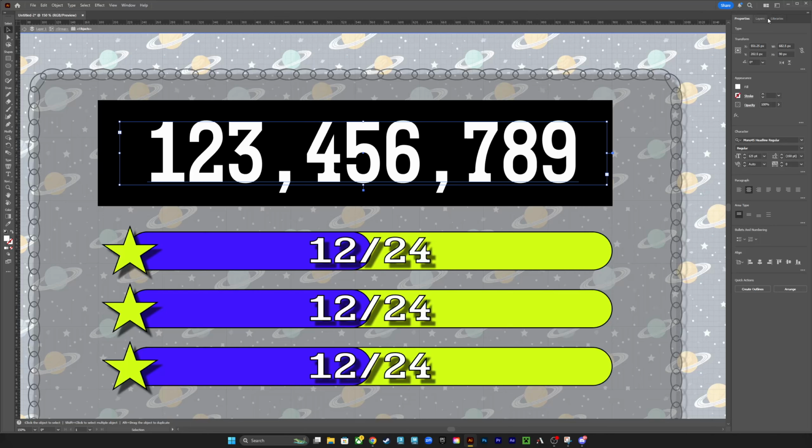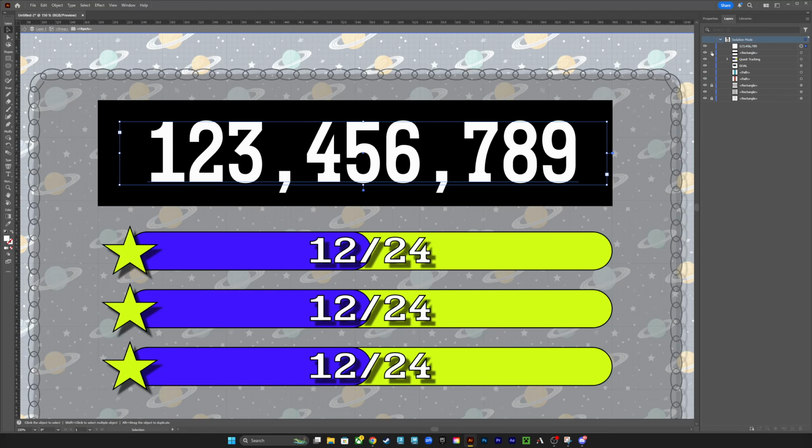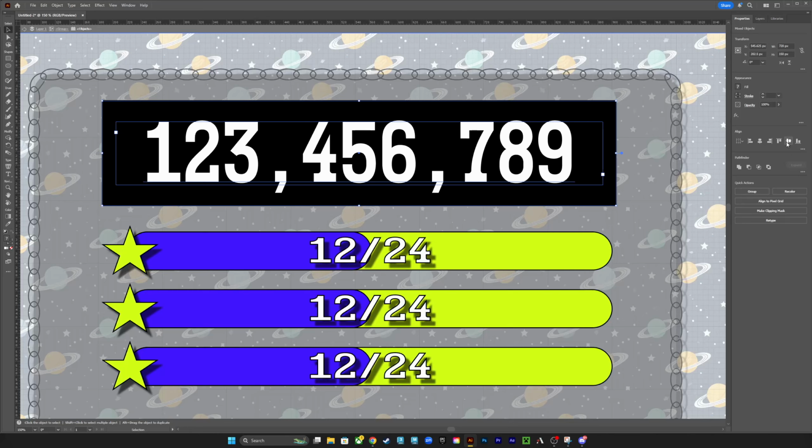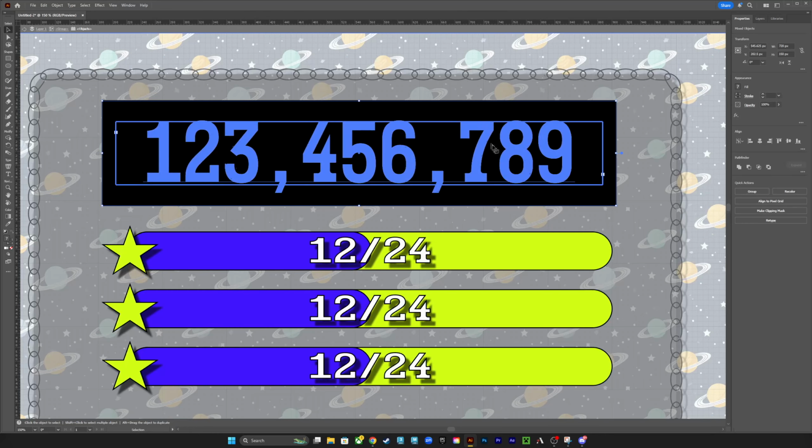Okay. Now we're going to unlock our background again. And we're going to shift select the background as well. We go to properties. We're going to align center and align the middle like that. Perfect. Okay. Now we're going to give this a fake effect of the scoreboard glowing. So what we'll do here is